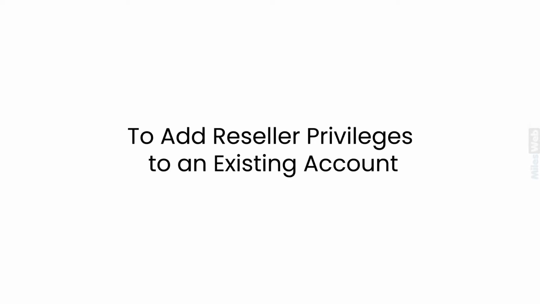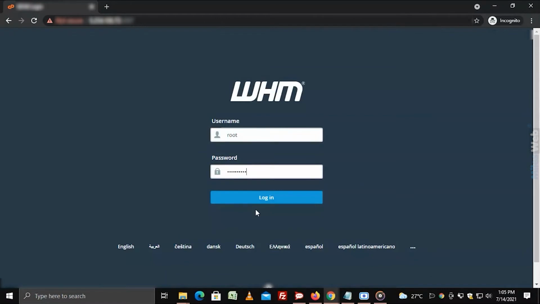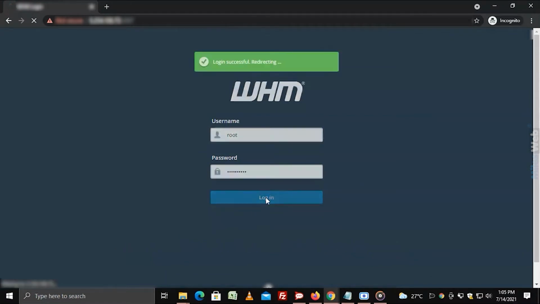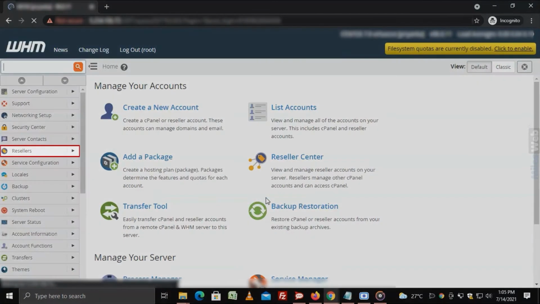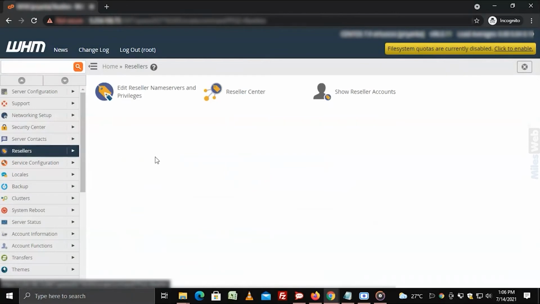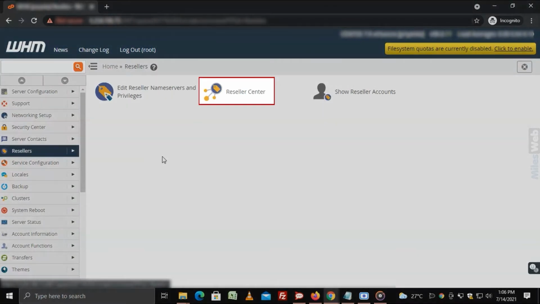To add reseller privileges to an existing account, log in to WHM with root access. Select the Resellers option from the navigation menu. Click on Reseller Center.